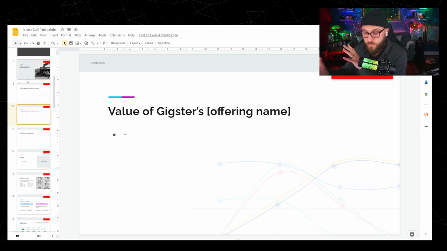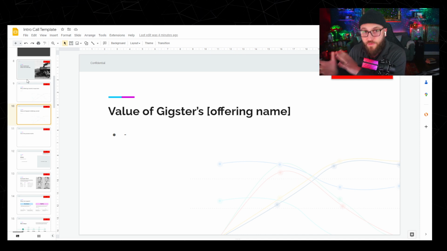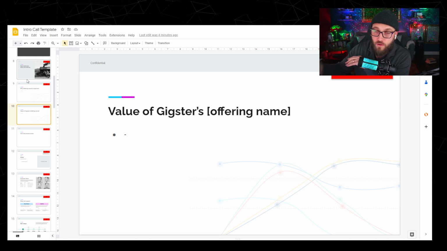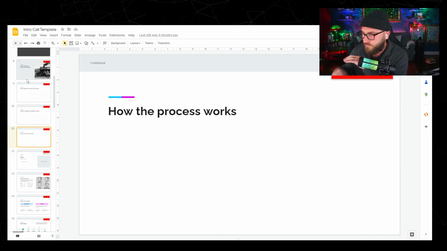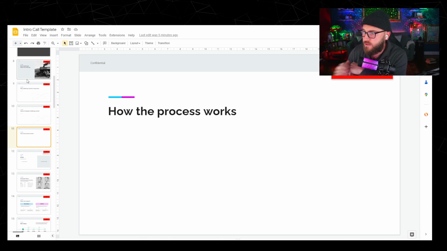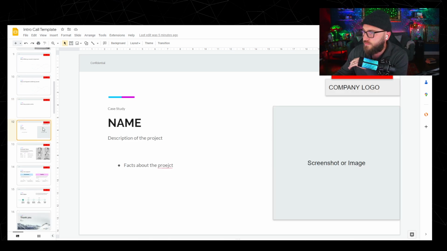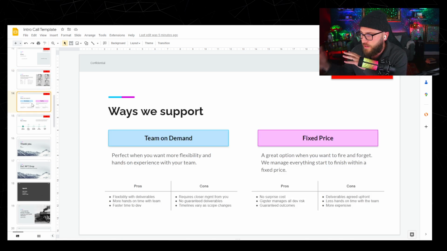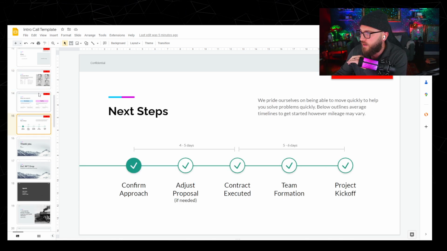You say, okay, we've understood that there's a problem here and there is value in solving that problem, but this is that extra layer of value and how we help you solve it. And then how we might engage. So how does the process work? What does it look like to do QA automation? A case study, an example team, and then the different engagement ways that we support, and then some next steps